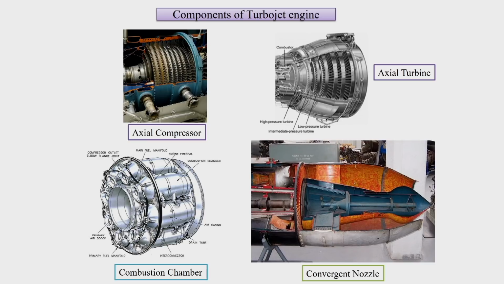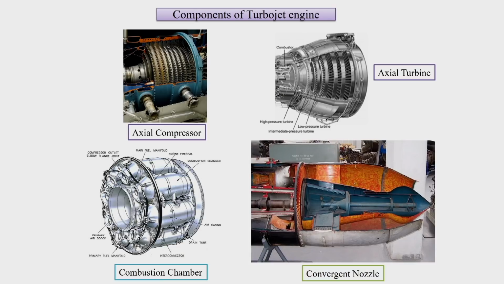Then we have the axial turbine as one of the components. We can then have the combustion chamber, which is of the can type, multiple in number, and then we have the nozzle. Before every component there can also be the intake of the engine. We can see that the intake is before the compressor. So practically we will have the intake, then the compressor, then the combustion chamber, then the turbine, and then the nozzle. Every component has its own job.